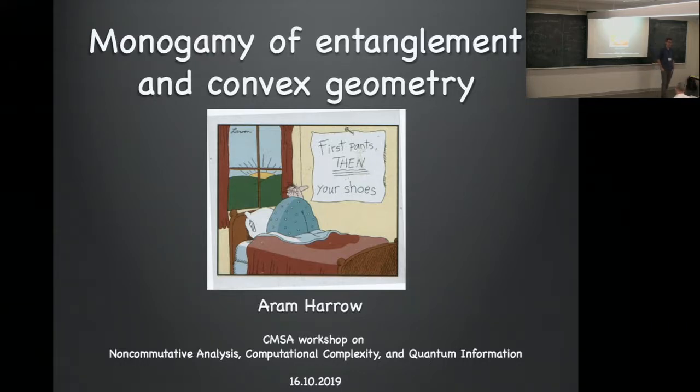So what am I going to talk about? I'm going to talk about separable states and operator norms, how to approximate the set of separable states, and some results about doing this in the context of approximating more general operator norms. A lot of this you can think of as optimizing polynomials over the unit sphere. But then I'll talk about a different case, optimizing over the probability simplex, which in some ways can be easier and may shed light on some of the things that go on for the sphere.